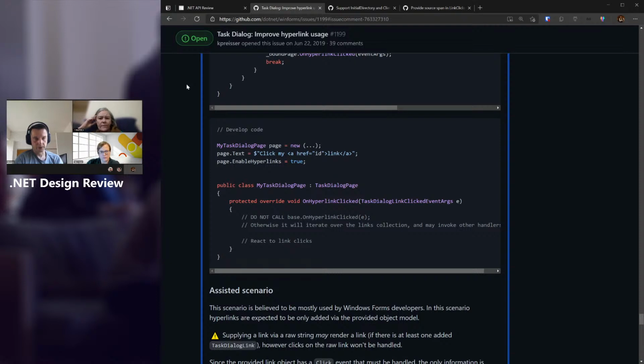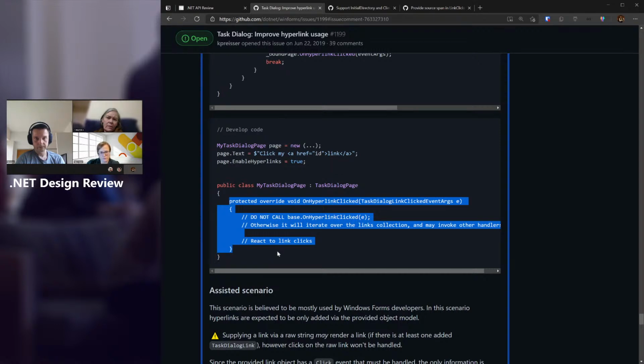We have some usage and examples if you scroll down below. The change is basically this property would be new, so they set that, and then they override this thing here on their own page in order to react to that.